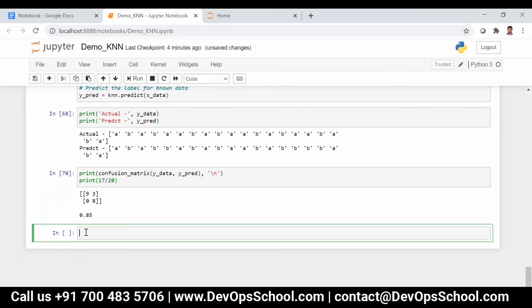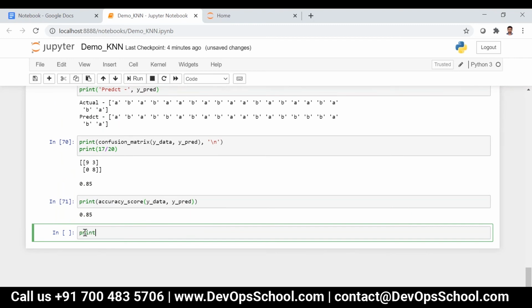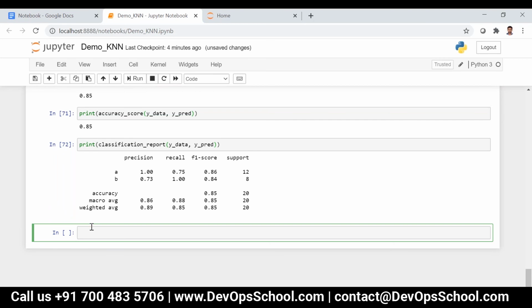Or else we can just say accuracy score of y_data comma y_predict, 0.85, and then print the classification report of y_data comma y_predict. A and B. Precision, recall, F1 score, we have seen that, right?